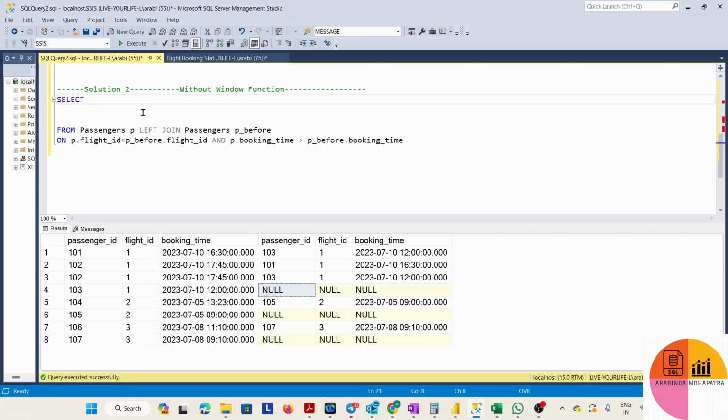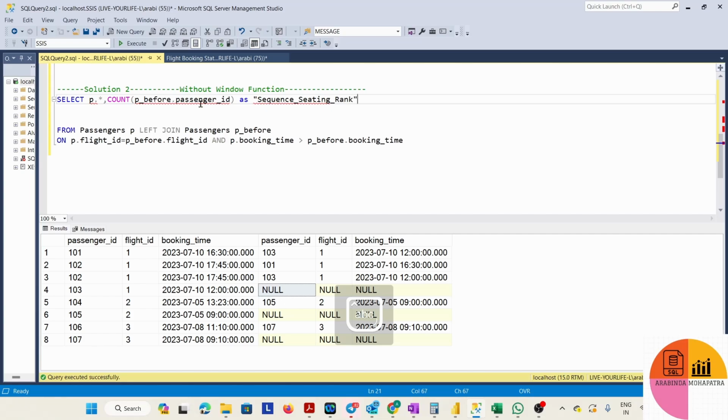What I will do is take all the table from the left side, and we'll just count the passenger ID from the right side of the table, p underscore before dot passenger ID, passenger ID, sequence,